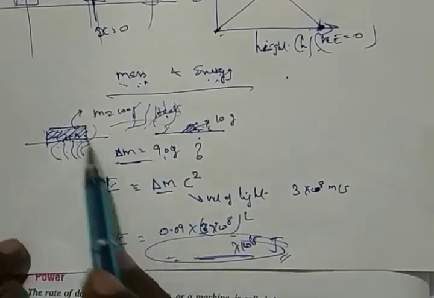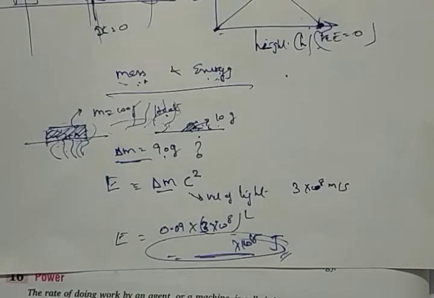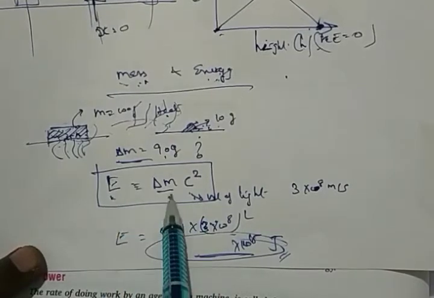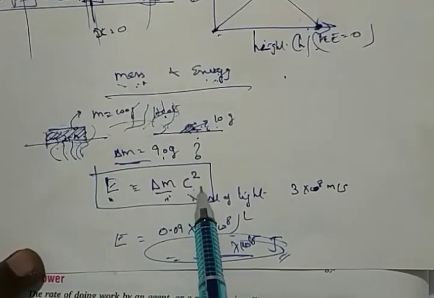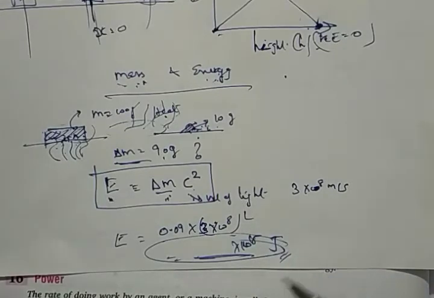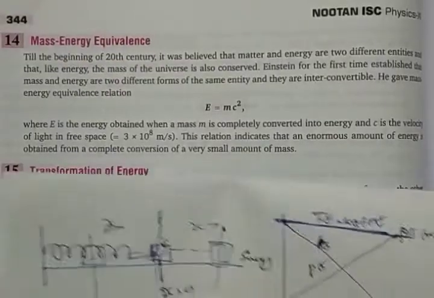When you multiply, you will get a big number, maybe 10 to the power of 15 or something. That many joules is the energy which has gone out. This much energy you can calculate when mass is burnt into the residue. I hope you have a clear idea that there is definitely a mass-energy equivalence, and it is multiplied by the velocity of light the whole square. How it came is quite a mystery. People predicted it, it is still a hypothesis, but it works. That's the way it is.